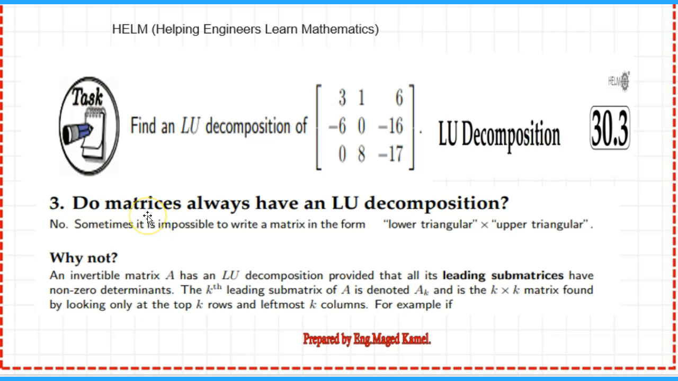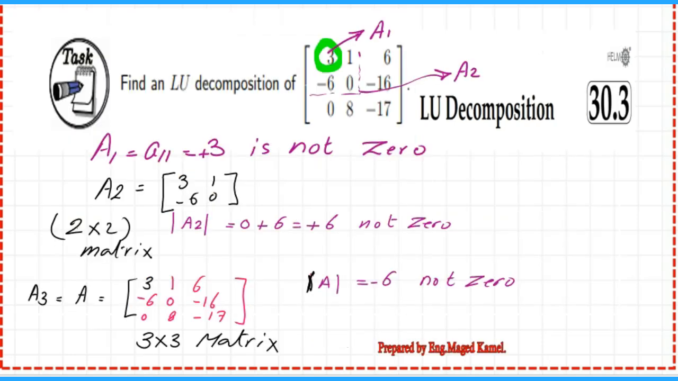The first question asks: do matrices always have an LU decomposition? The answer is no. Sometimes it's impossible to write a matrix in the form of a lower matrix times an upper matrix. Why not? Because if a matrix is singular or non-invertible, then you cannot get the expressions for L and U. For the third,